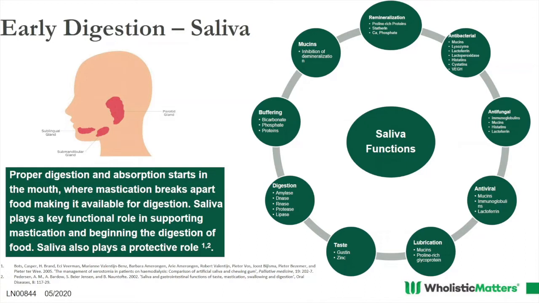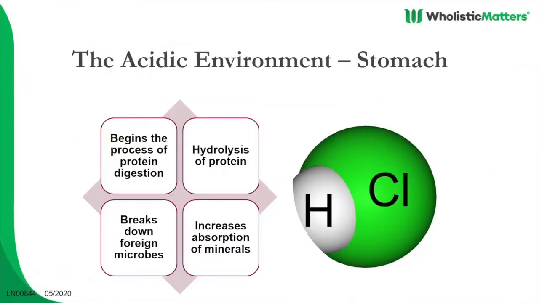But one of the things to consider is just hydration, simple hydration. So drinking water. Moving down, the acidic environment in the stomach is important, primarily because it begins the process of protein digestion, where the hydrolysis of proteins is occurring. These proteins appear in the GI once they're consumed in food in their normal tertiary complex state. So a lot of these proteins are actually enzymes that perform a specific function.